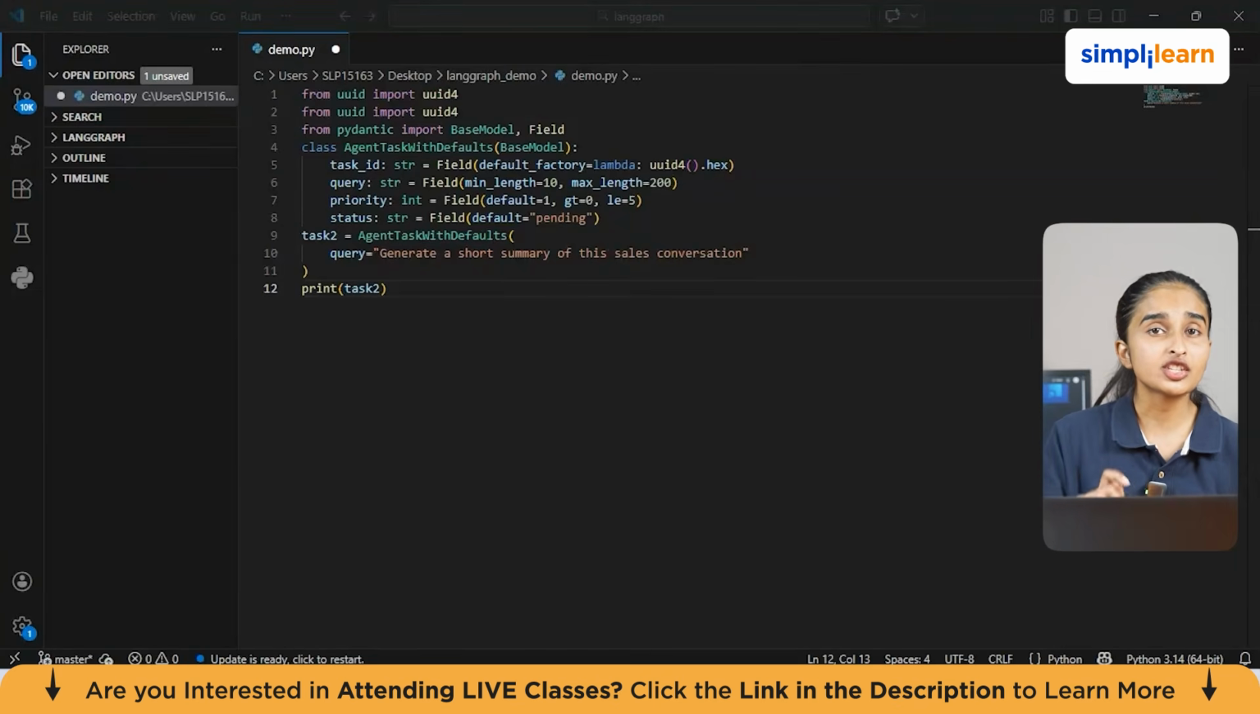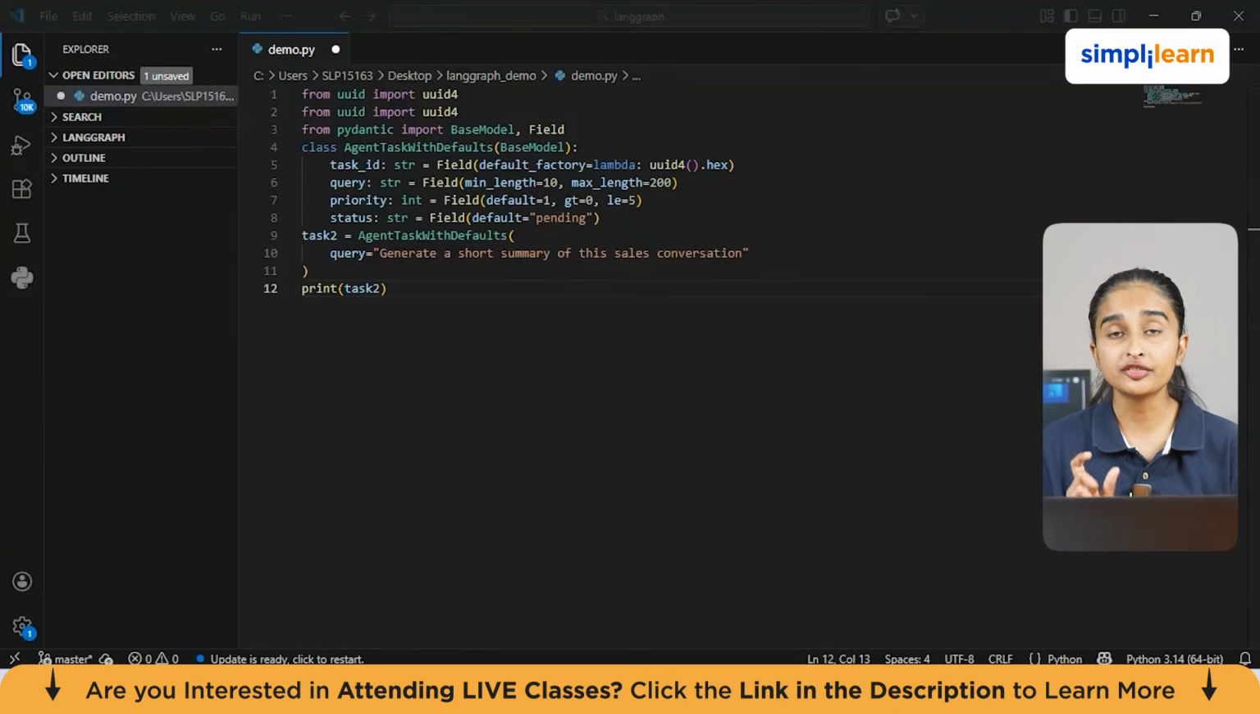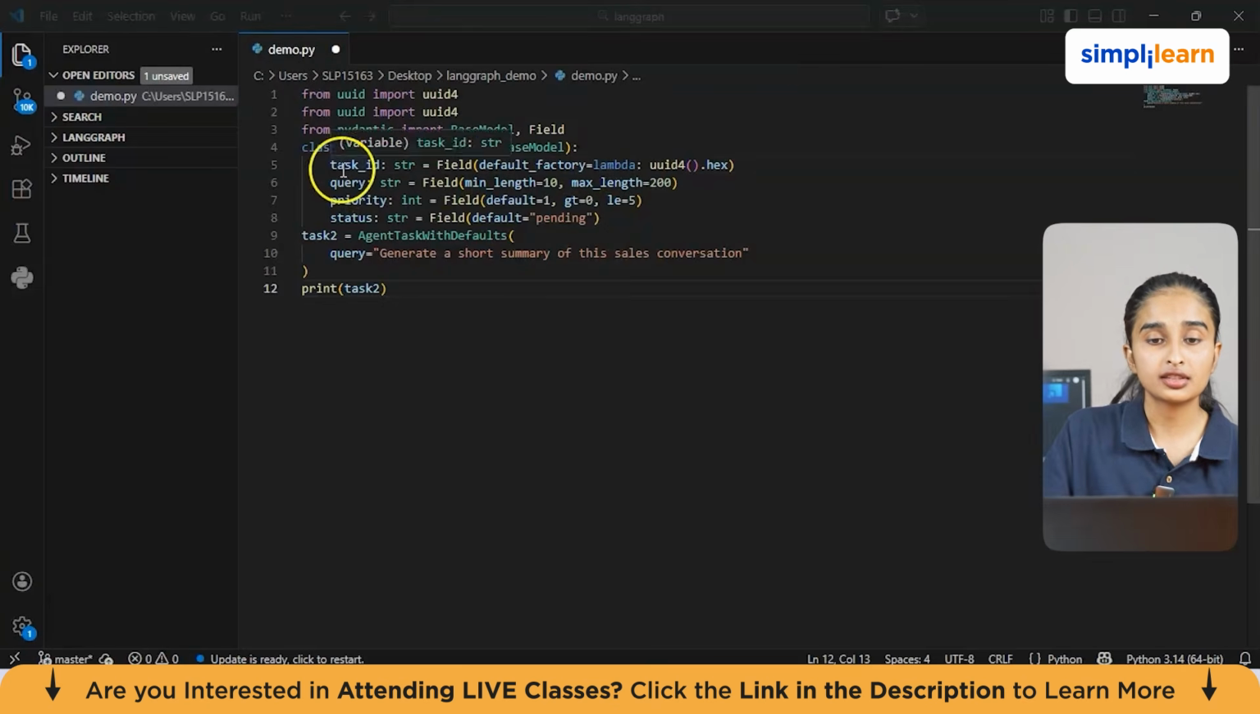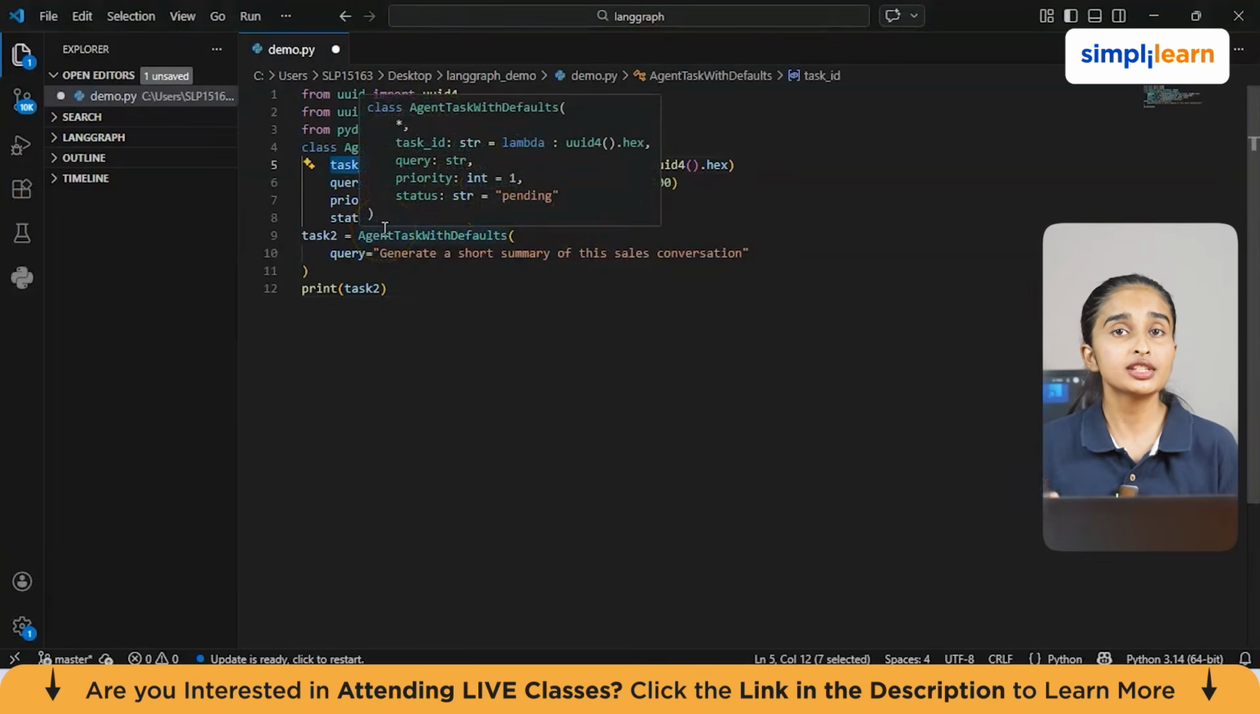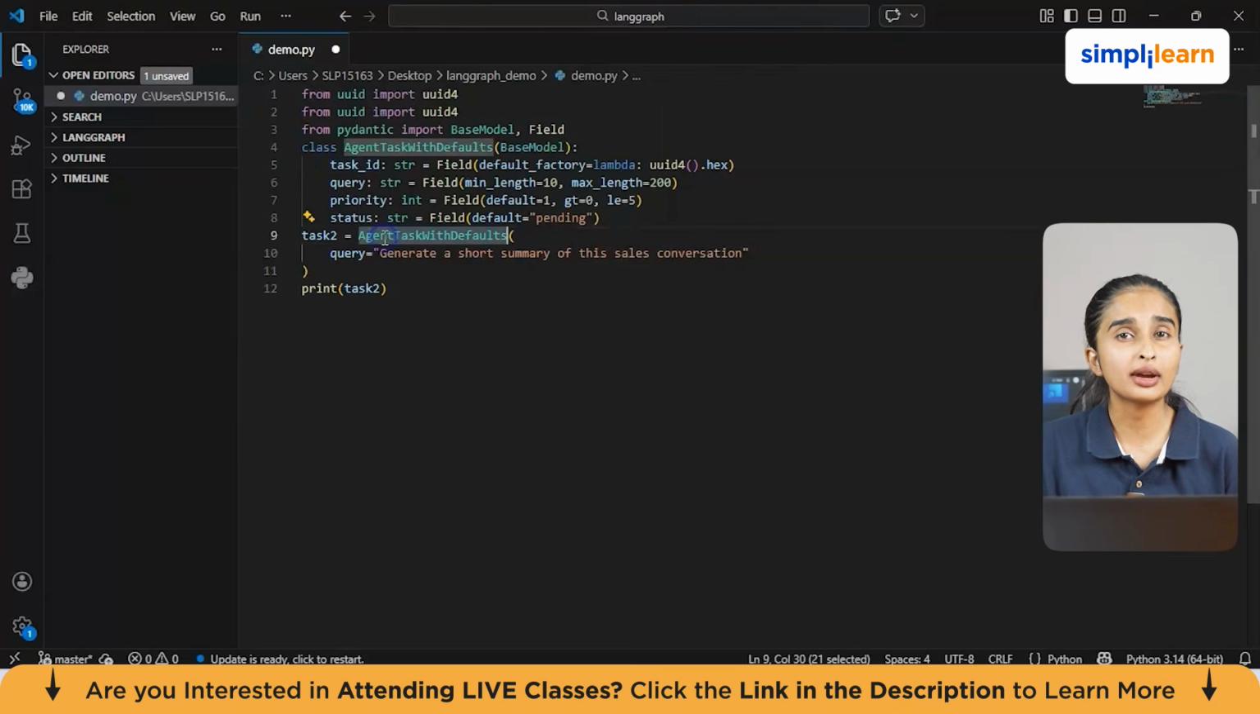So inside the class AgentTaskWithDefaults, I define a field called task ID. So this is as mentioned here. So this field uses default factory, which means a new value will be created automatically every time a new object is created. So in this case, it generates a unique ID. Then I define the query with length constraints. After that, I define priority with the default value of 1 and I define status with the default value of